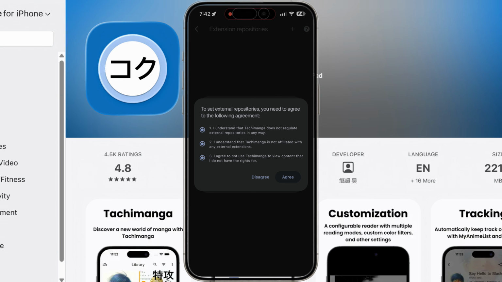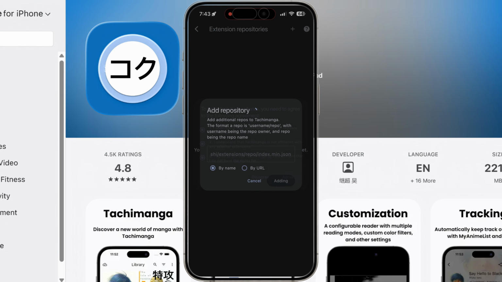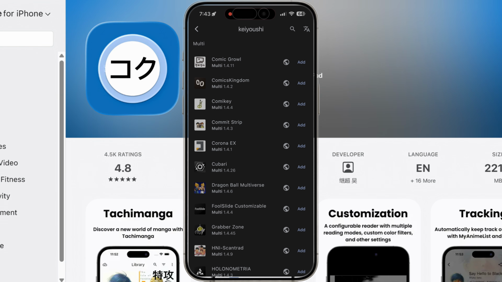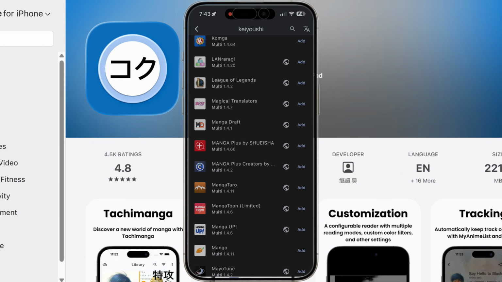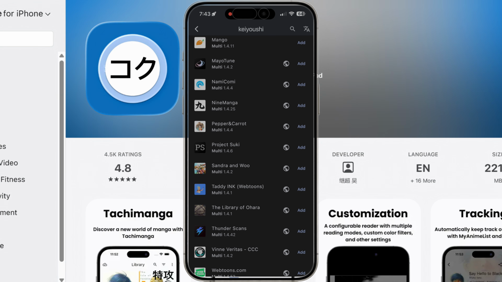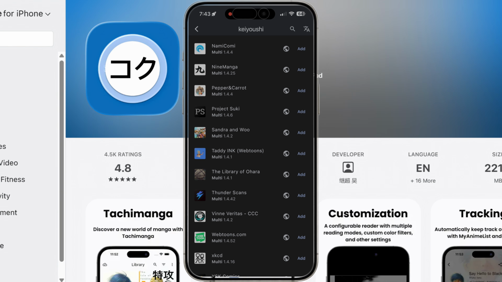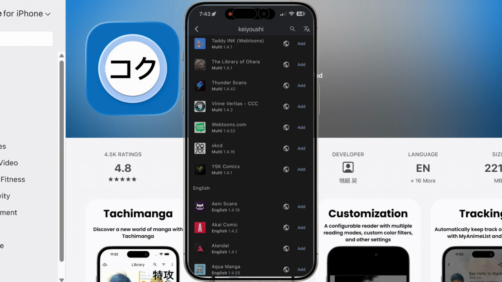Click on I understand, which is basically letting you know that they're not responsible and they don't maintain those repositories. Just click on all of them in order for them to let you use that repository. So we're going to click on agree. After you click on agree, you're going to notice that it repopulates with a bunch of manga sources right here. You might recognize some of them, but if you see that some of them are missing, it is because those sources are classified as 18 plus, so you will have to